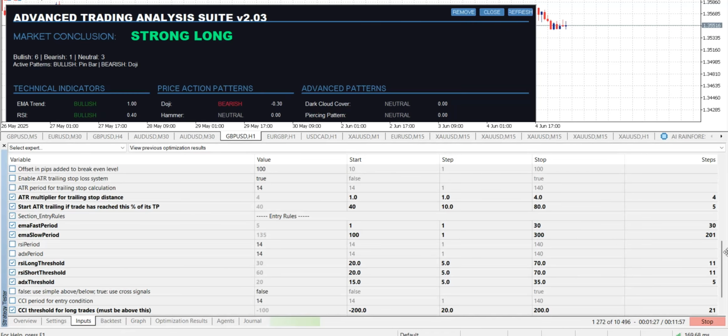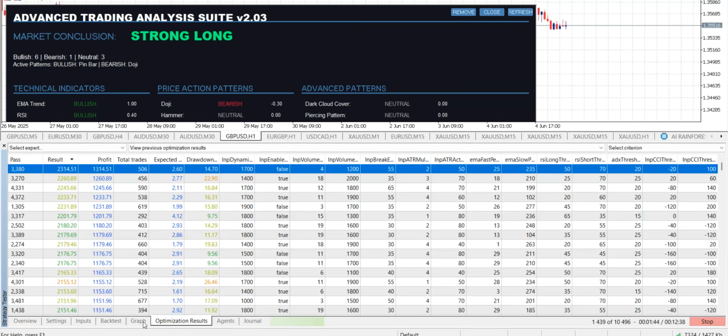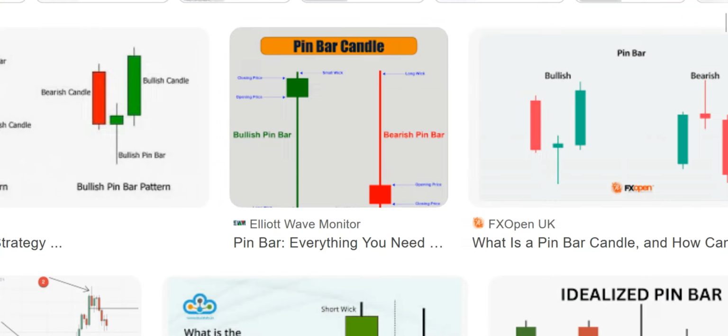And I know that many of you who bought the source code on Gumroad are optimizing it, using custom set files and doing great with the system, so I think you are going to like this Pinbar with the true or false. But first of all,